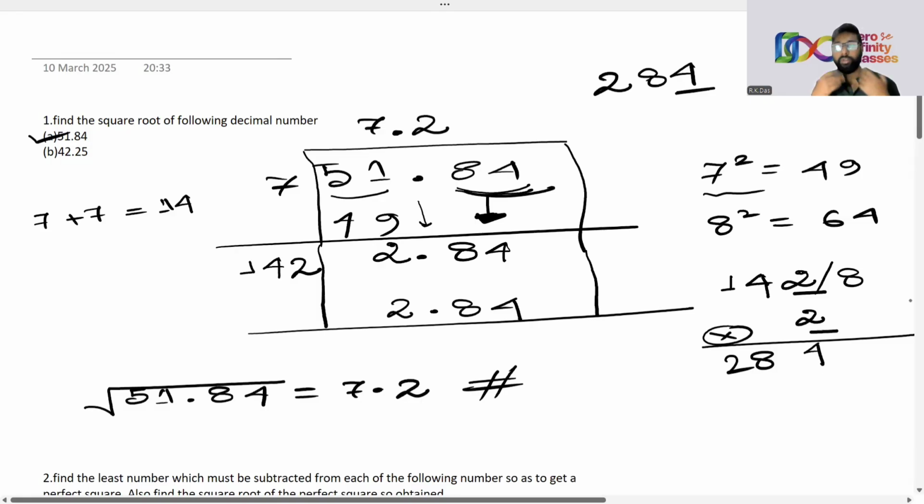Fine. And question number B is your homework. You have to write the square root of 42.25 in the comment section. Okay,